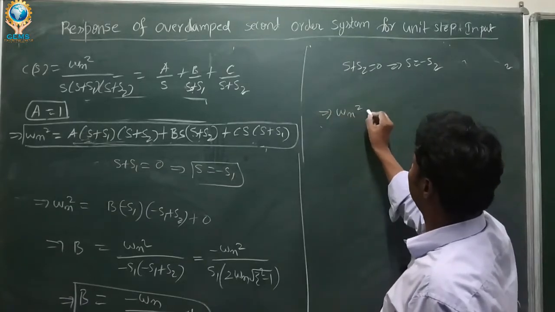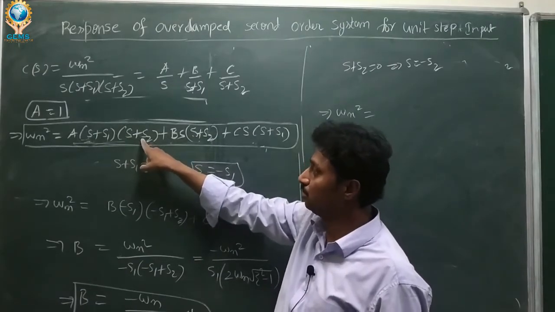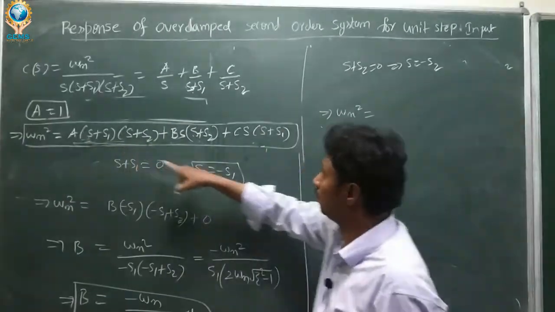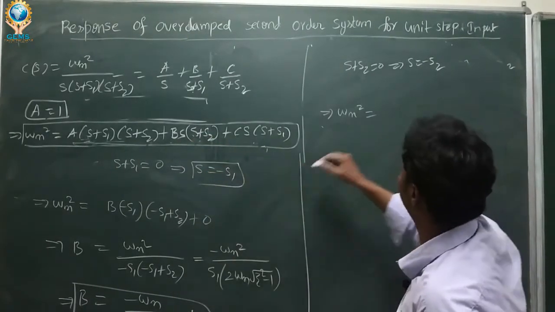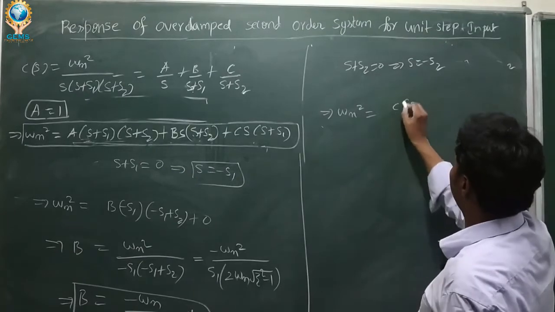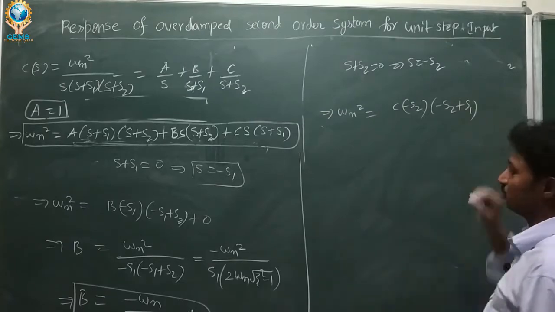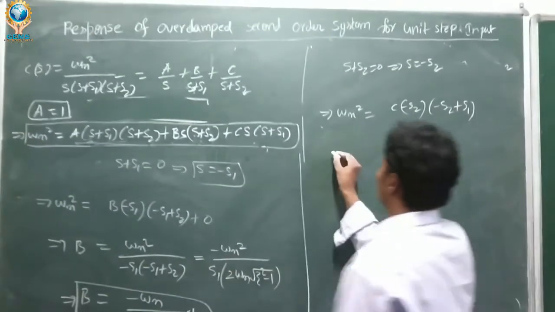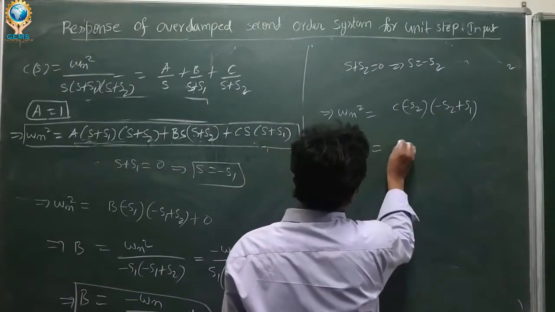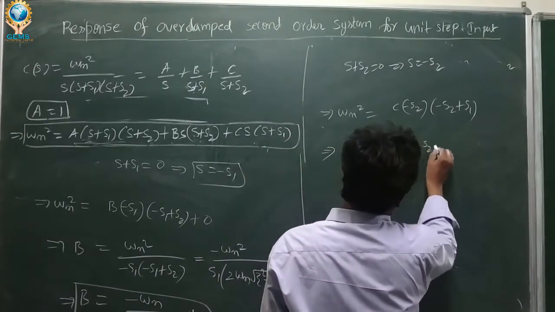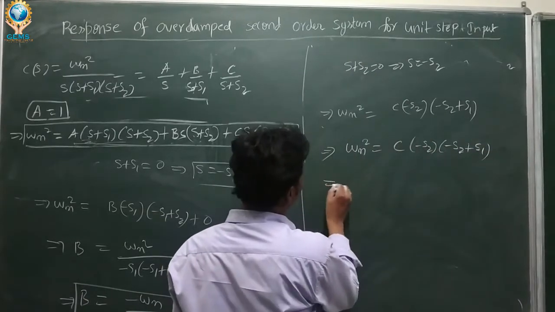Omega n square. So if you substitute here s is equal to minus s2, plus s2 is 0, so this whole term becomes 0. And if you substitute here also, minus s2 plus s2, this whole term becomes 0. So you will get c into minus s2 into minus s2 plus s1. Alright. So here omega n square is equal to c into minus s2 into minus s2 plus s1 you will get. So here c value is equal to